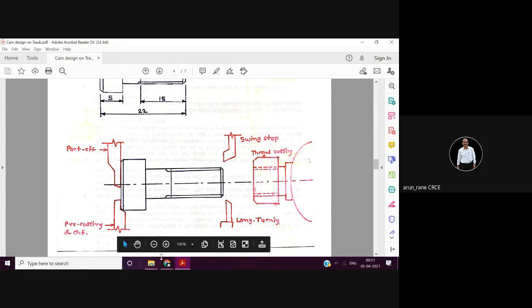So when this tool is started, we also start with this, and after some time, after it goes 1-2 mm inside, we start with this. We have to see that the parting tool has no load and the life of the tool is increased. That's why parting is divided into two operations, pre-parting and parting off. Because here the components are many, 1,000, 2,000, 3,000, like that. If you rely on only one parting tool, then the life will be less. For this, what do we do? We divide the parting operation into roughing and finishing. So this you can say rough parting, and then this is the finish part.